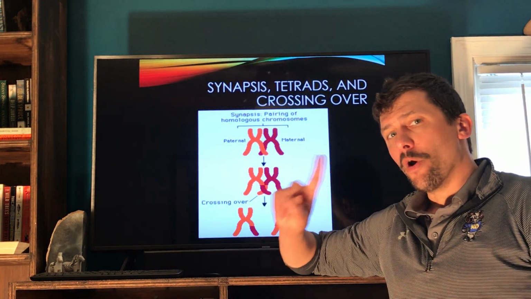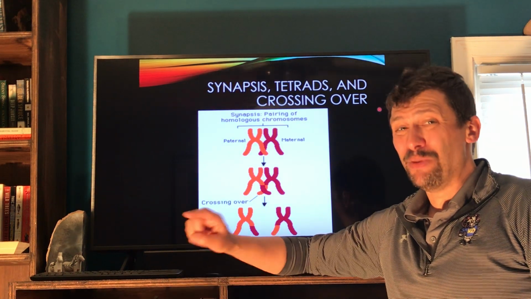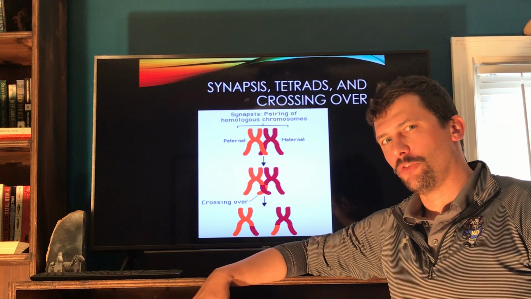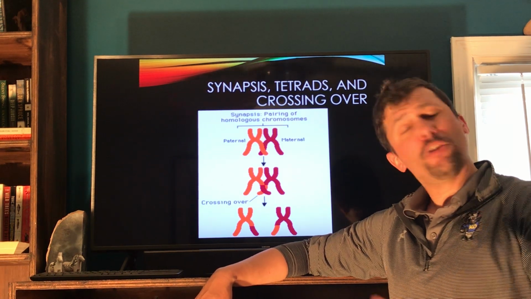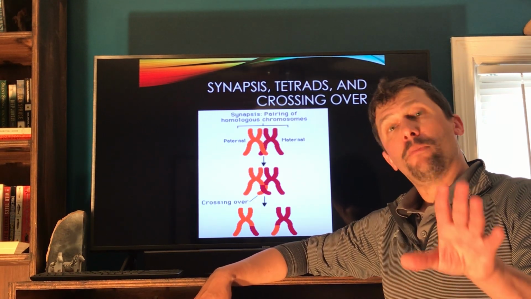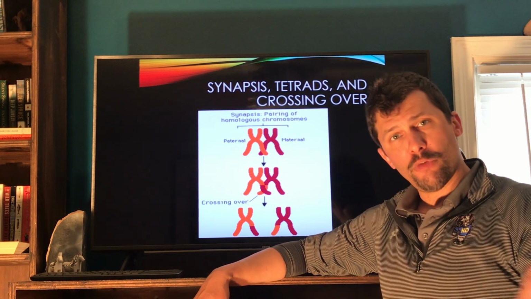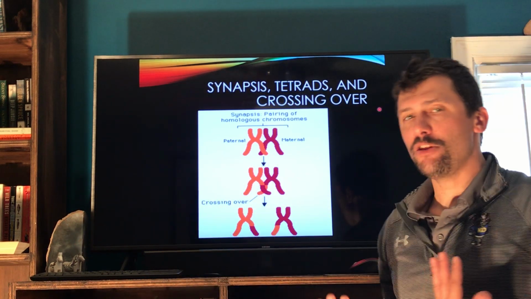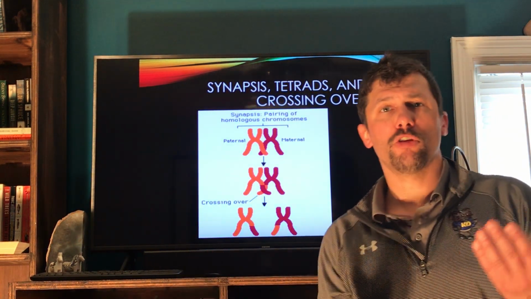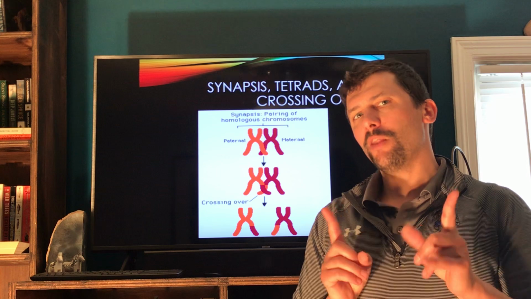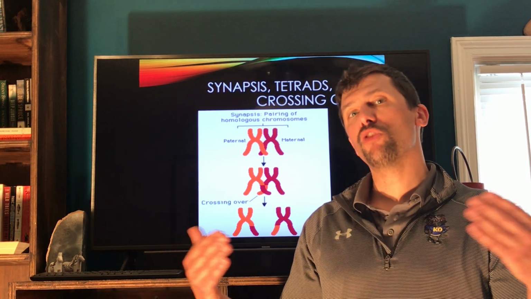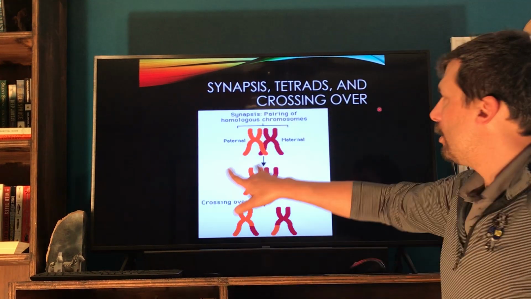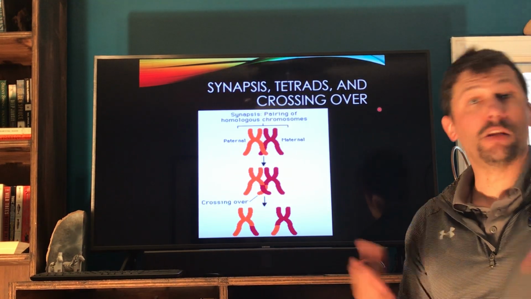Now, one of the major fundamental differences between mitosis and meiosis is this idea of synapsis and crossing over. So you guys are all familiar, because we've all done karyotypes, that each of you has genetic information from your mom and your dad. So from your mom you have a chromosome 1, and from your dad you have a chromosome 1, and they're homologous chromosomes. Well, in meiosis, one of the unique things that's going to happen is these 2 chromosome 1s, or chromosome 2s, are going to find each other. And when they find each other, they're going to line up next to each other in a nice, unique little